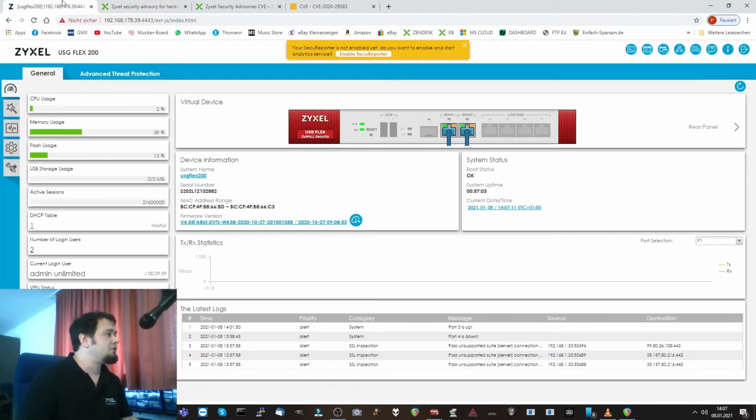In order to show you this, I have already prepared the USG Flex 200 over here on my desk and will guide you through the different settings and the different steps which we can take in order to close that software breach, that security breach. So the very first step is that you totally disable the HTTPS, Telnet, SSH access from the WAN side of